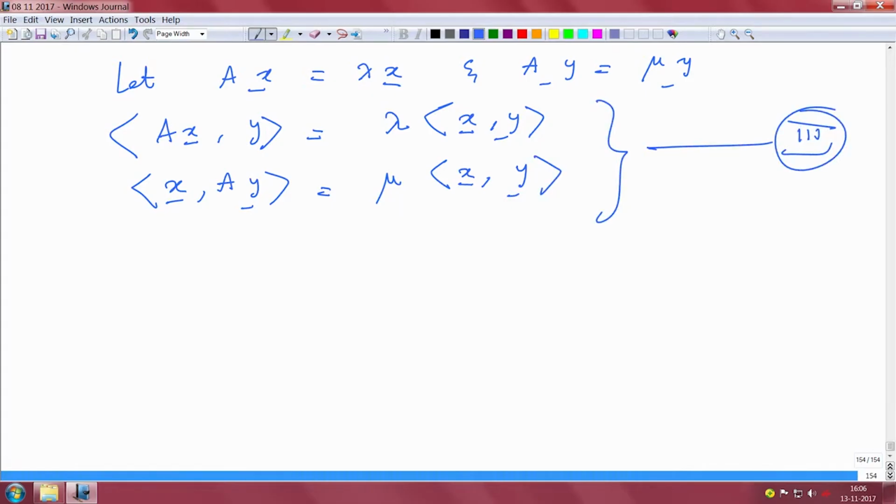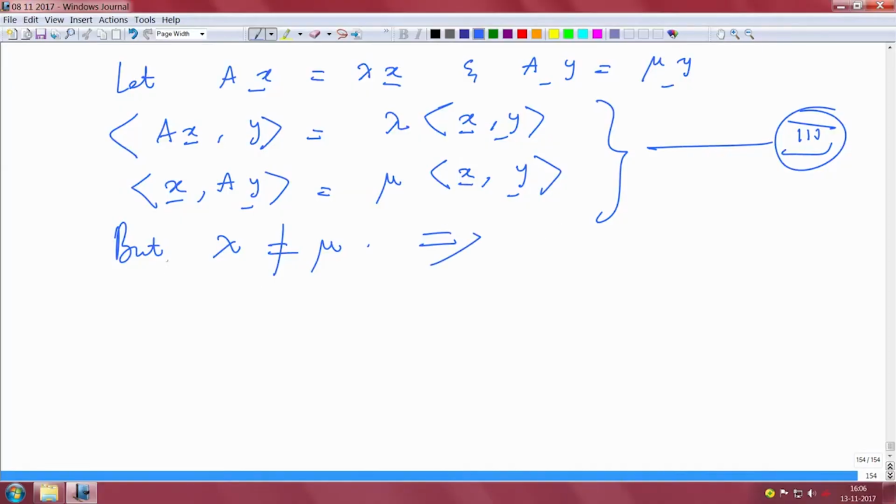Now, they both are equal, right. That means if I subtract these two equations in set 3, that has to be 0, but lambda is not equal to mu because we assume that they are distinct. This implies the inner product of x with y has to be 0, which means from a geometric sense x is orthogonal to y. Such an interesting result,